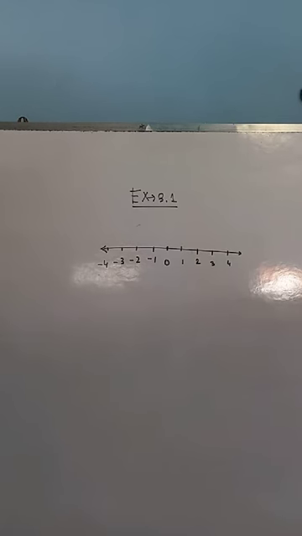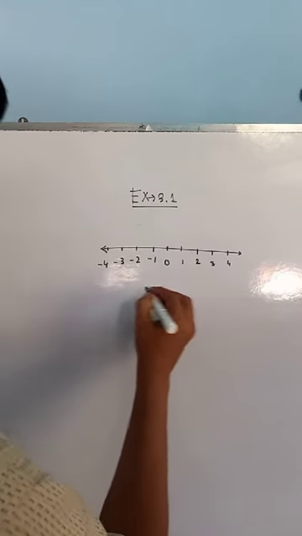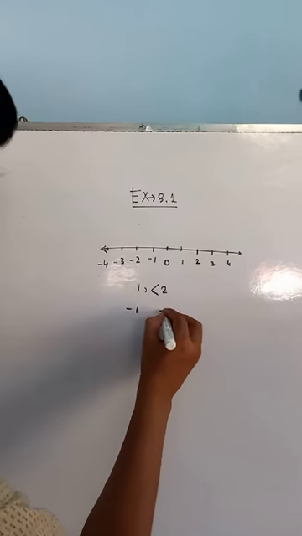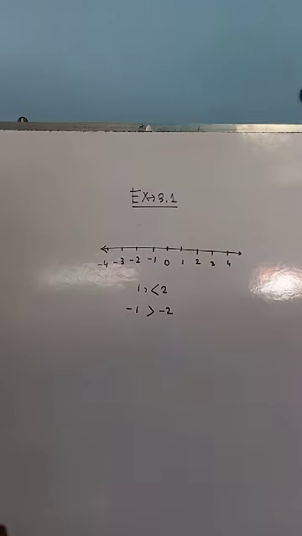Okay, sometimes if you forget which way it goes, you can think it through first. Suppose I say 1 and 2, which is greater? Of course 2. And if I say minus 1 and minus 2, of course minus 1 will be greater. So whatever you do in the case of plus, you can do the reverse process in the case of minus. In this way you can solve this problem.